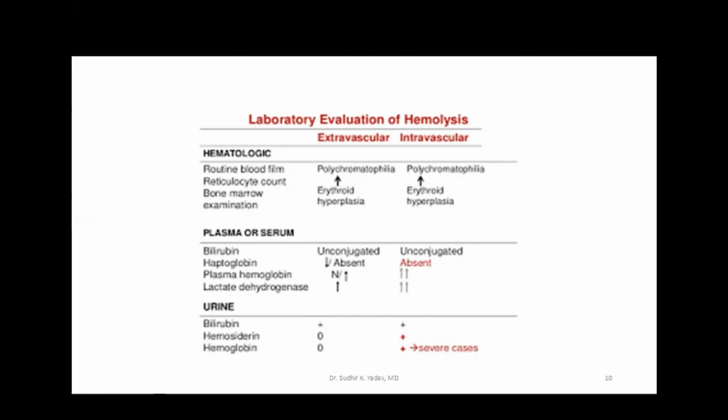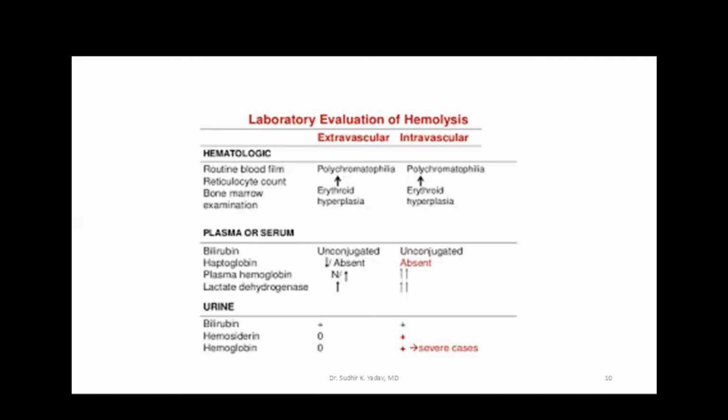Okay. Bilirubin will be high, but it will be higher in the extravascular. Yes. Haptoglobin will be low in intravascular, low or absent. Okay. Free hemoglobin in plasma will be present in the intravascular. Okay. LDH will be high, released in both, but if hemolysis is inside the blood, it will be relatively higher value, na, because we are estimating the plasma LDH only.